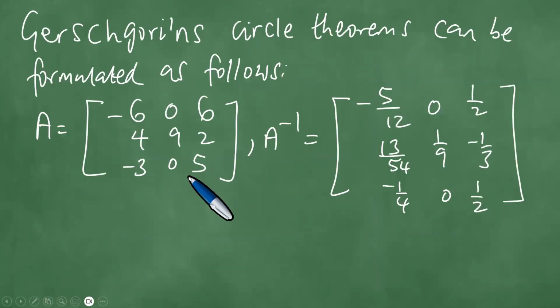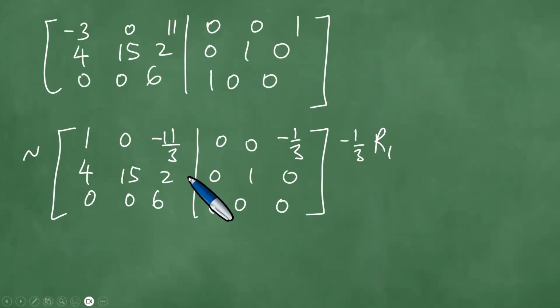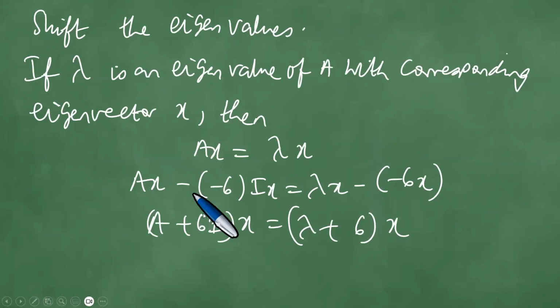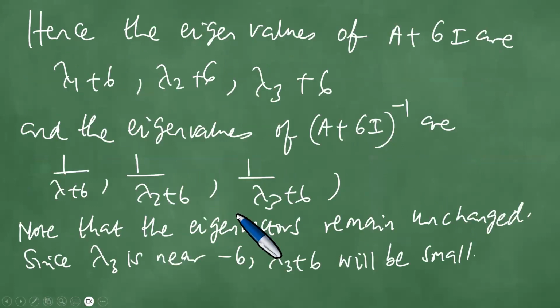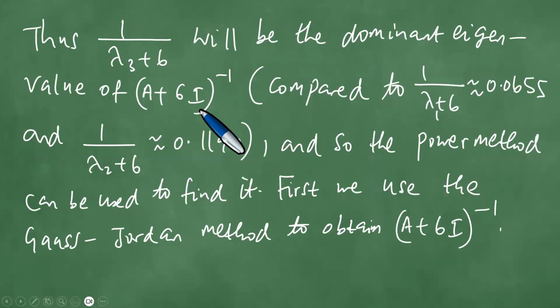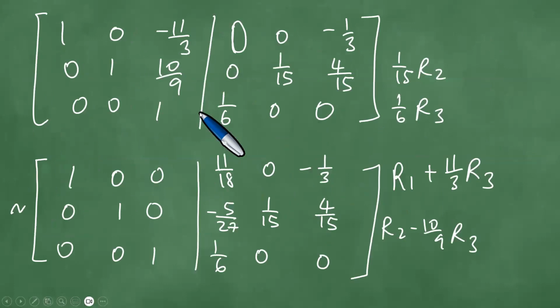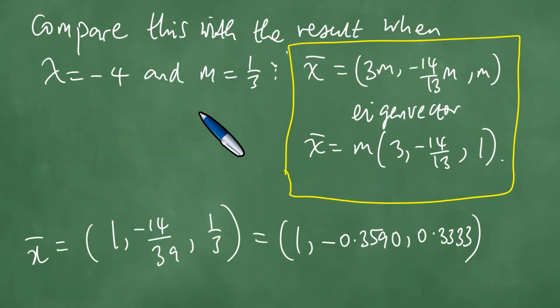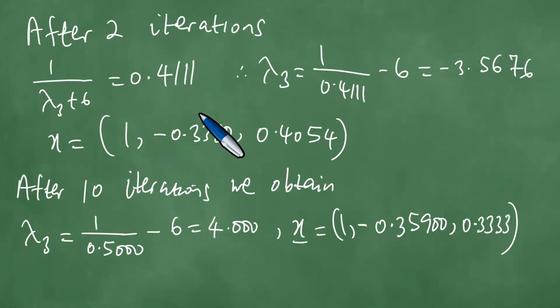And being the center of one of the disks, we used it wonderfully here. We subtracted it here and used it here, and we're able to give an estimate of lambda 3, the eigenvalue that lies close to